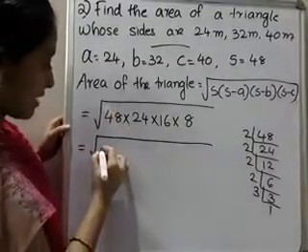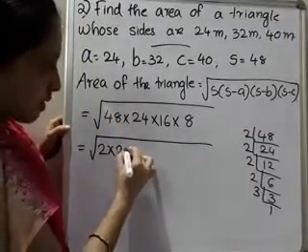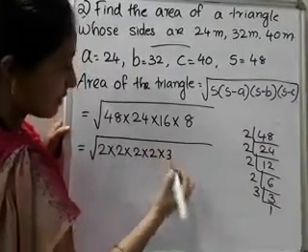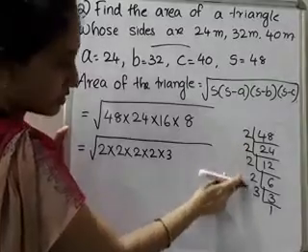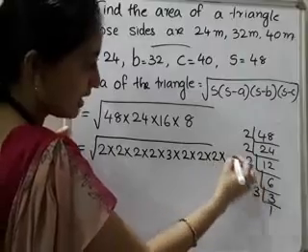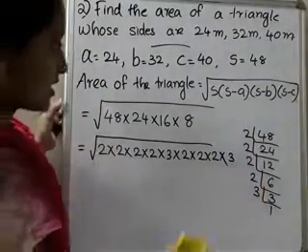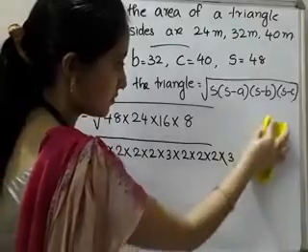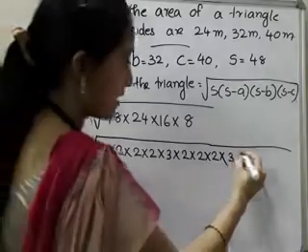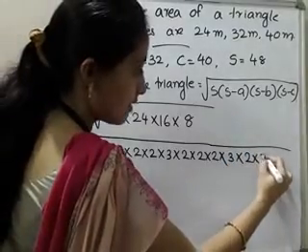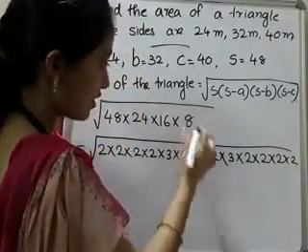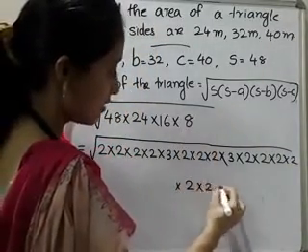Okay, so I write that here. So 48 can be written as 2 into how many times? 1, 2, 3, 4 times 2, then into 3. Okay, 24 here itself we can write 1, 2, 3, 2s, then 3. Okay, so up to 24 we write, is it? Then 16 you can directly write, what is that? 2 into 2 into 2 into 2. Then the remaining portion 8 can be written as 2 into 2 into 2.